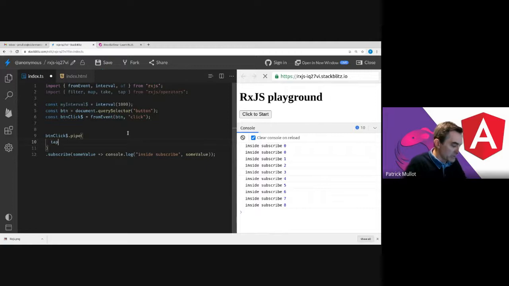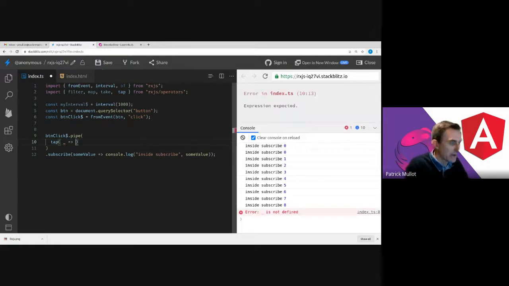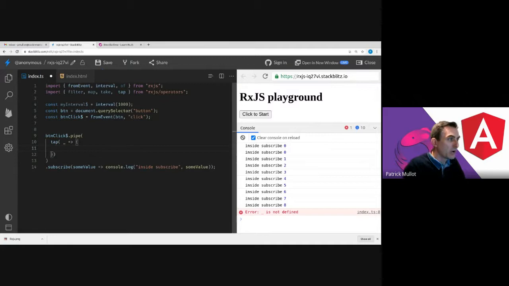And here I use the tap operator. Actually, I don't care about the value of the click event. I don't use it, so I can discard it. I don't care about the value. And here I can do now